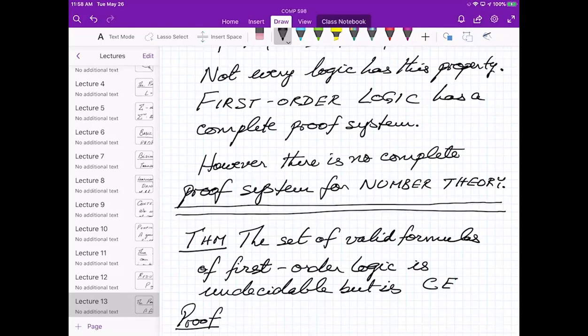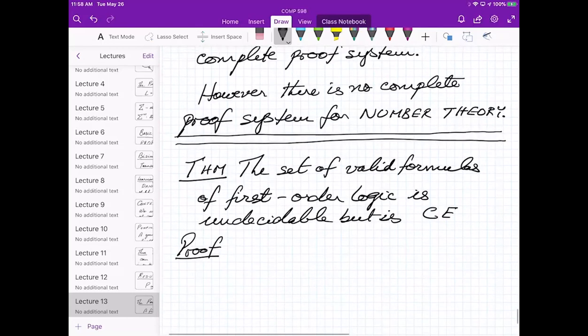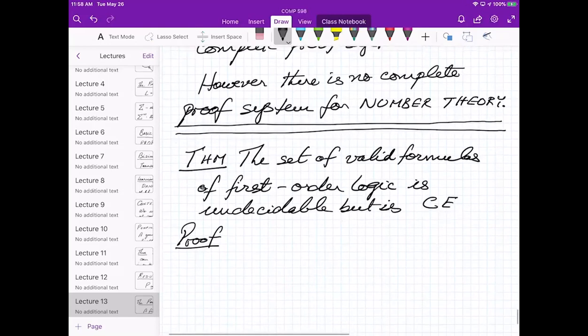It is computably enumerable. And how are we going to do this? We're going to show that if we had a gadget that could solve the validity problem, namely you give it a formula and ask, is this valid or not? If we had a gadget like that that could answer that, it could also solve the post correspondence problem. And we know if we could do that, we can solve the halting problem. So now you see we're getting 2 steps away from the halting problem to prove undecidability. I will stop